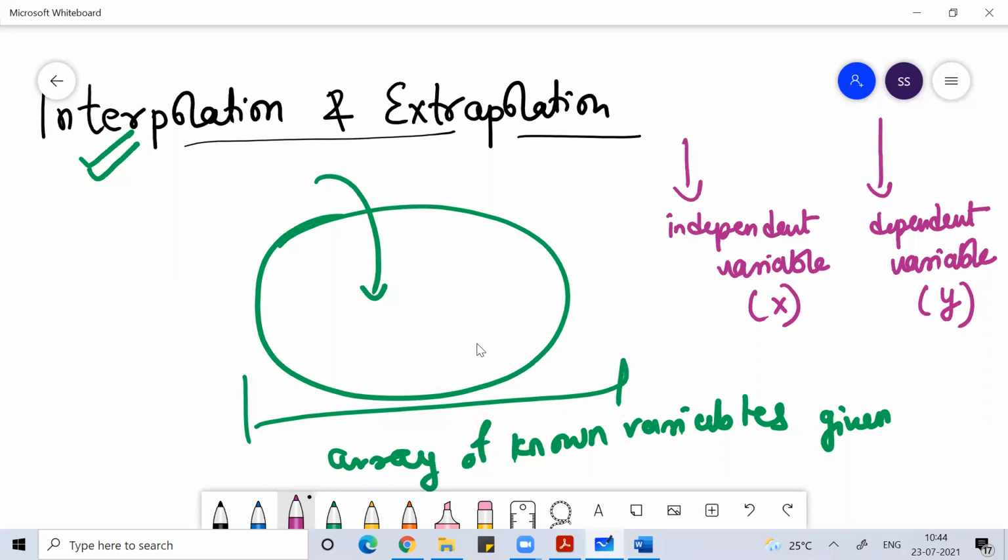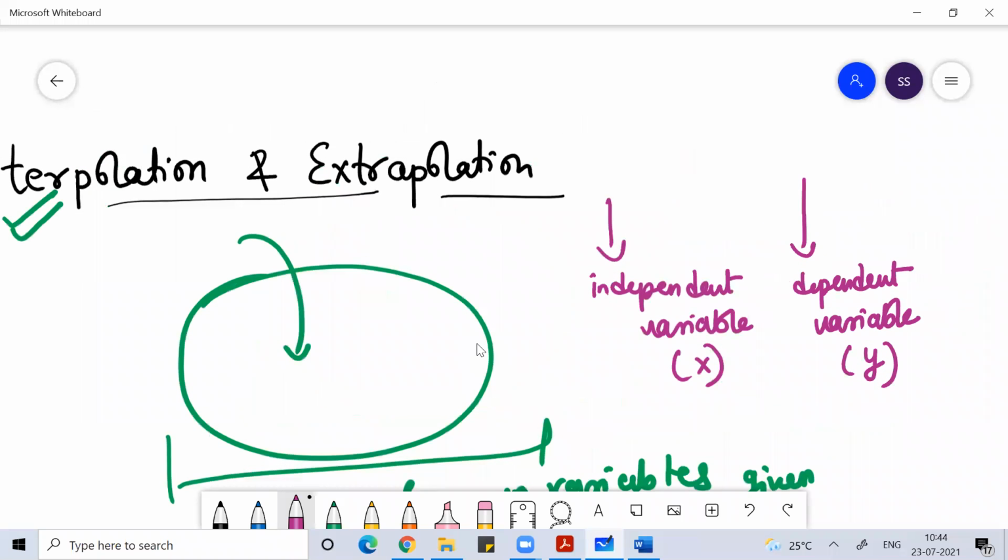So whenever we try to establish the relation between two variables, we use regression. You studied in your first PU about correlation and regression. Regression is all about establishing the relationship between two variables where one variable is dependent upon the other variable. I hope you remember regression, right? So ultimately we can easily establish, in the form of an equation, the value of one variable with the value of another variable.